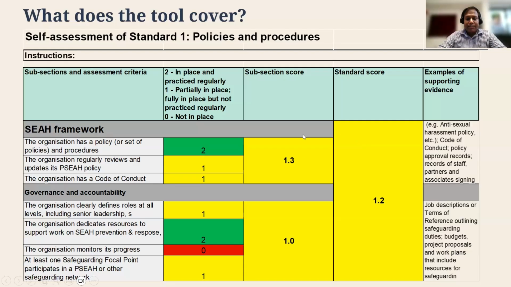So then, in the third column, you see the subsection score. This is the average of the three in the second column, and in the fourth column you see the standard score based on the criteria. And importantly, the assessment encourages organizations to look beyond the written policies.